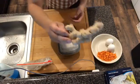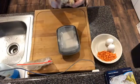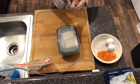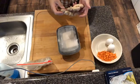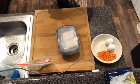Look at this. Look at this unit. So we only need a little bit of ginger for all this, because ginger, I think, kind of goes a long way. Let's just break off a knob. Actually, no. Before we do that,